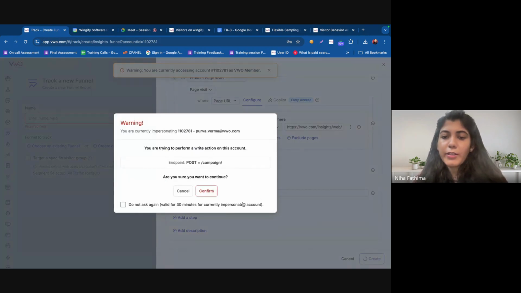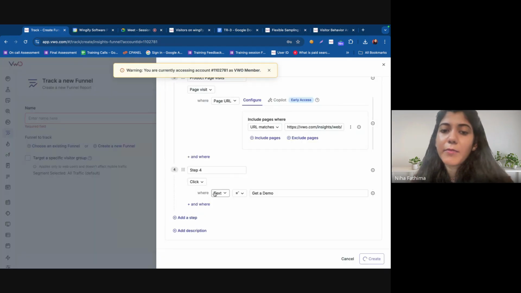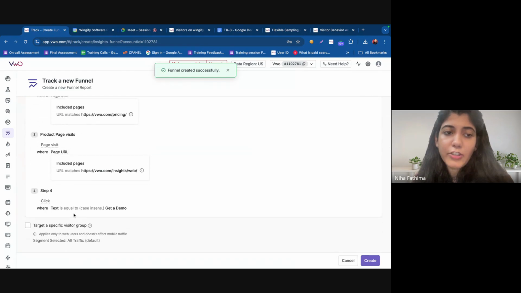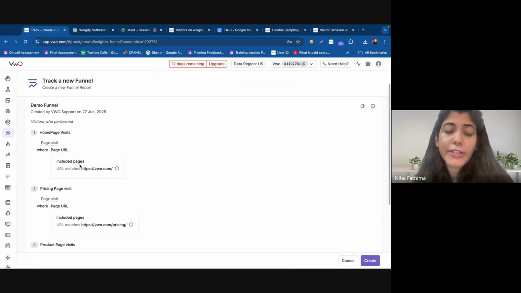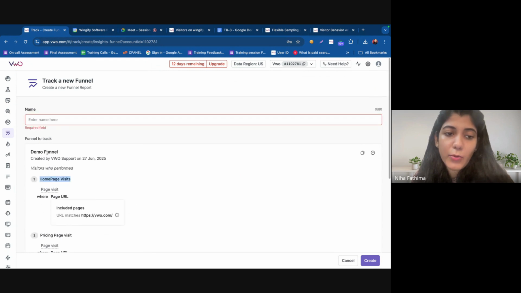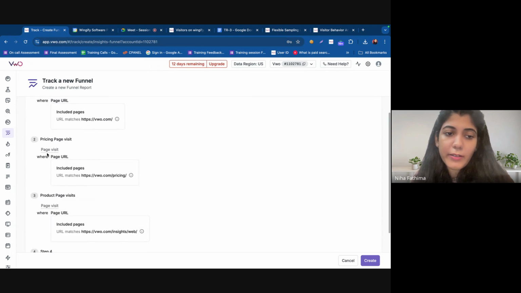And I'm going to click on create. There has to be a minimum of 2 steps in a funnel, and the steps that you add should be in the right sequence because I need to convert for this in a sequential order, one after the other. If I skip any goal in between, or metric, event, whatever you're tracking, I will not be